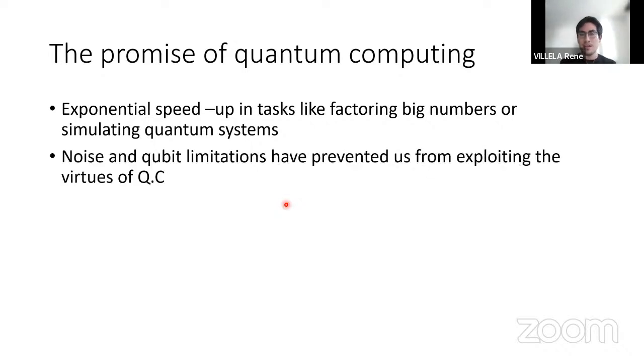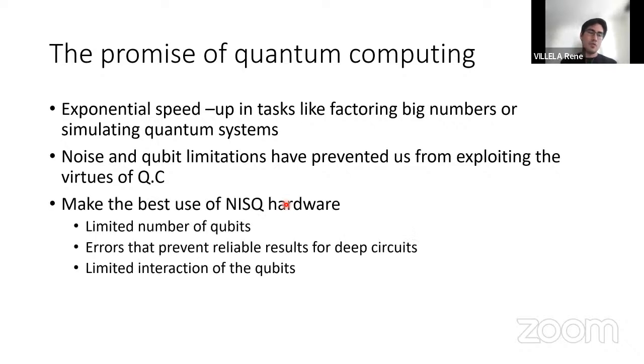However, given the current state of quantum hardware, we have several issues, mainly noise and errors, and also limitations in the number of qubits, which is the fundamental quantum information processing unit that we have, preventing us from exploiting the theoretical virtues of quantum computers. So if we want to still take advantage of the power of current quantum computers while not being affected by their many drawbacks, we have to be clever, and we cannot take a direct approach. We need to make some workarounds